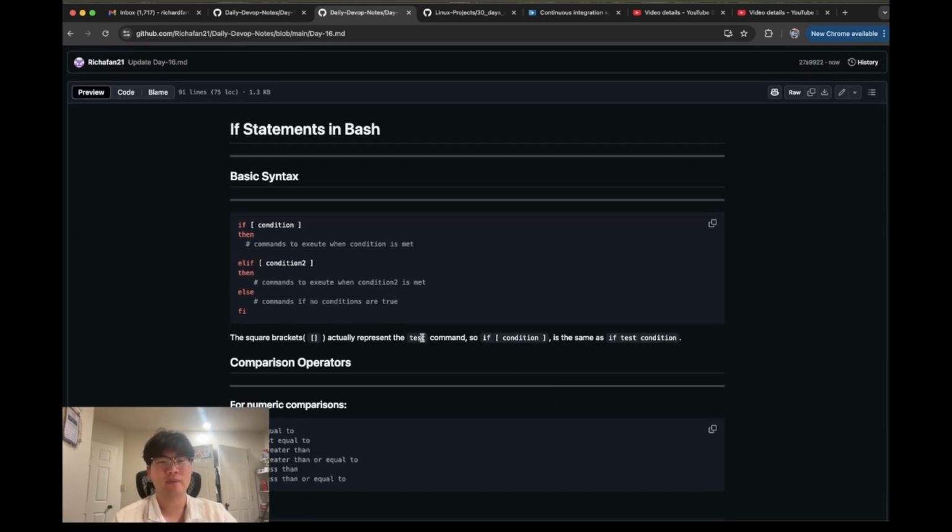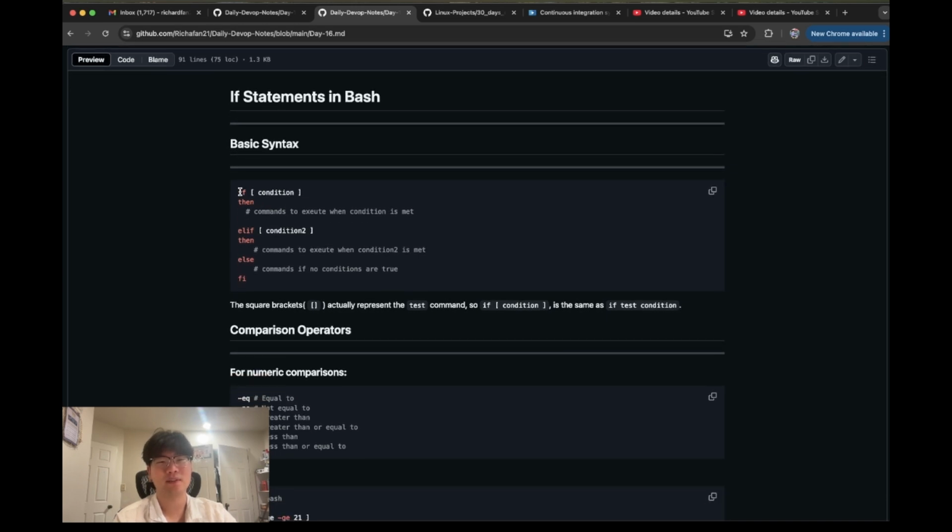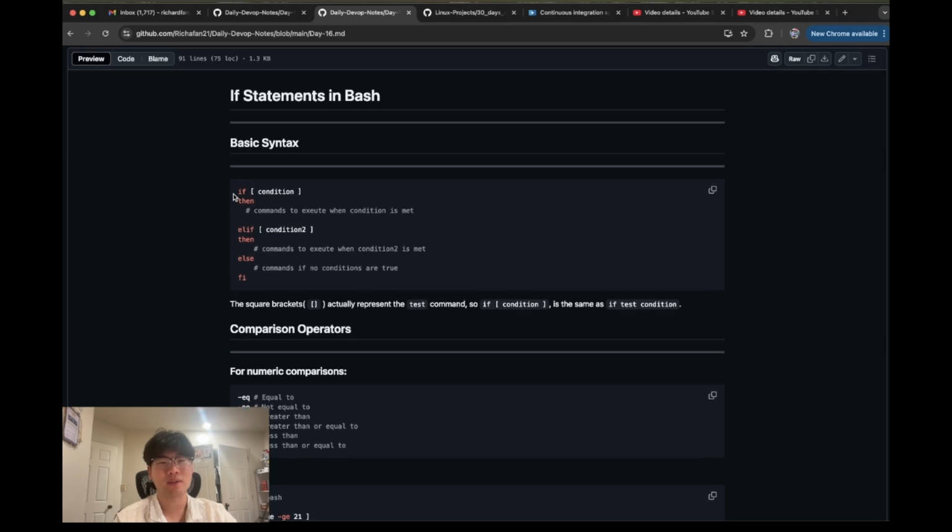This is something I'm very familiar with because I've learned other coding languages such as Python, and if statements are one of the first things you learn. But obviously it's different syntax in different coding languages, so to start, how to use it is simple: if command